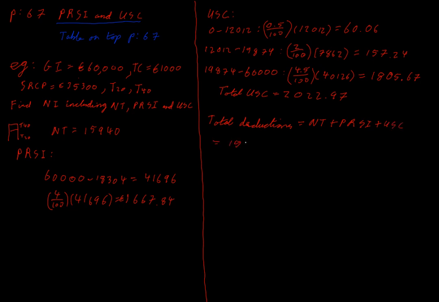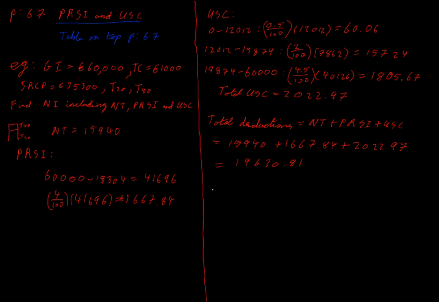which is going to be my 15,940 plus my PRSI of 16,067.84 plus my total USC. When I add all of them up together, I get 19,630.81 cent. This is my total deductions, all of the different types of tax that the government takes off me